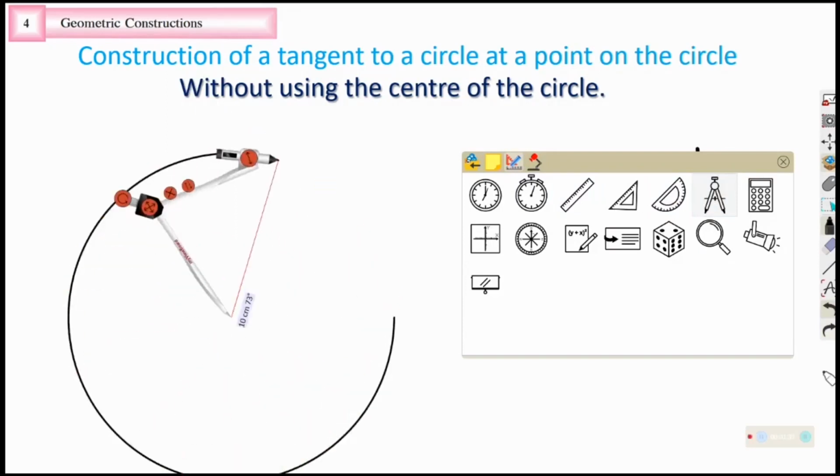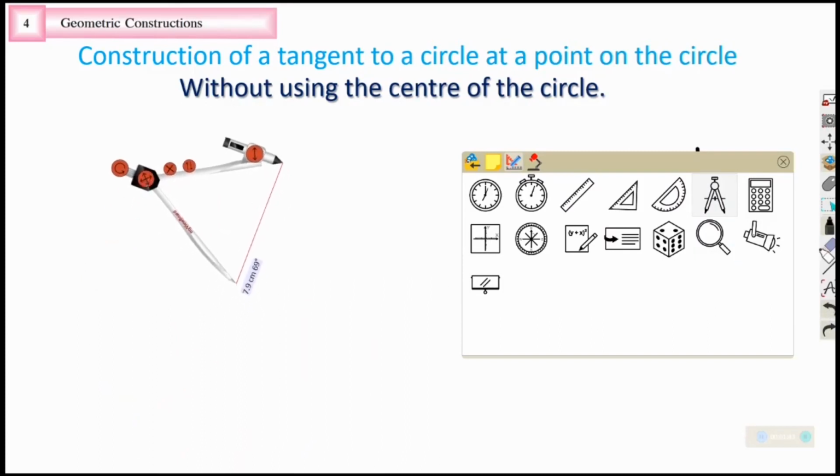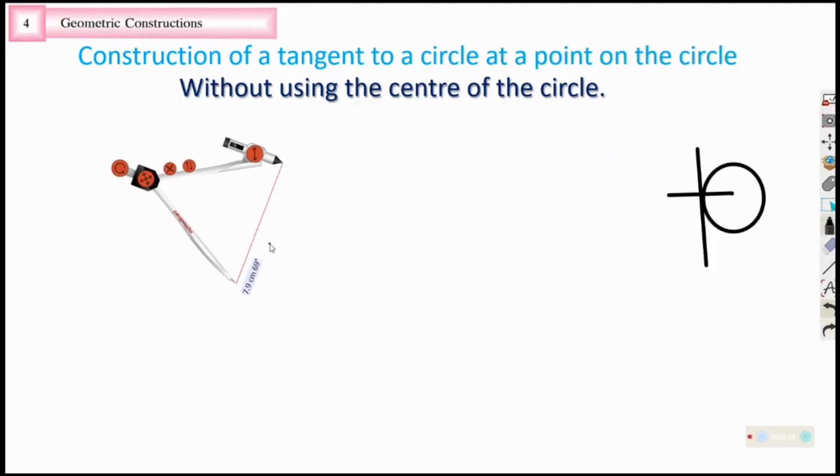Oh, it's quite big. It cannot fit in the screen properly. Reducing it, putting it a little up, marking the point where I want the circle. Otherwise it will be difficult for me to find the center. Correct? It is not like your compass. It won't make any hole on my screen.